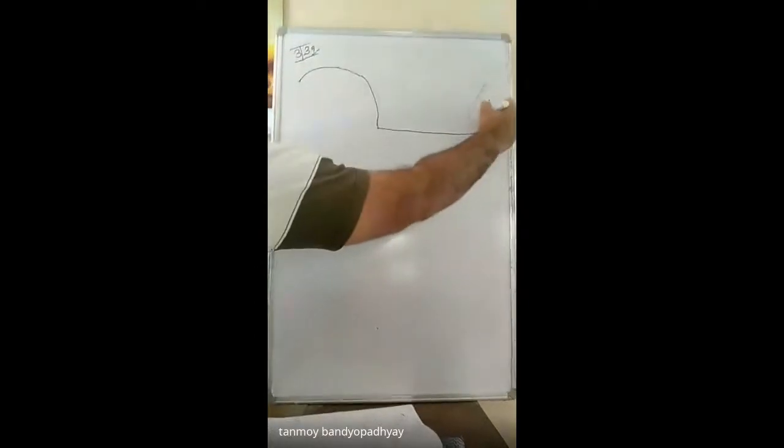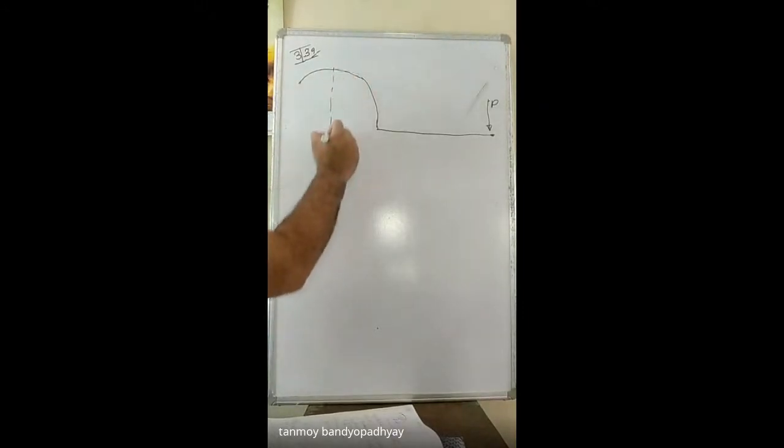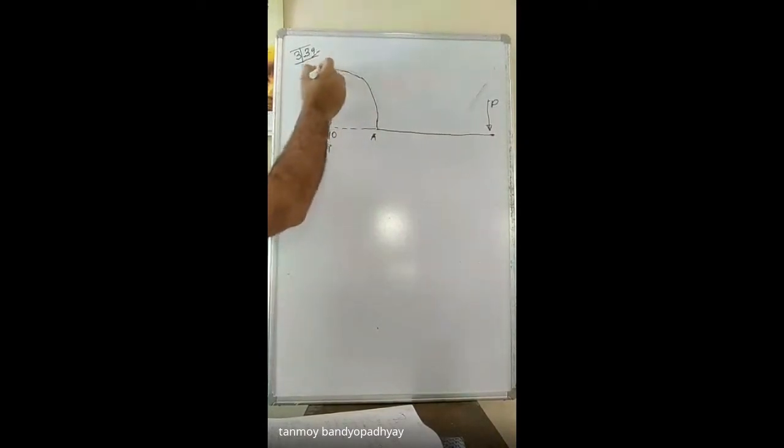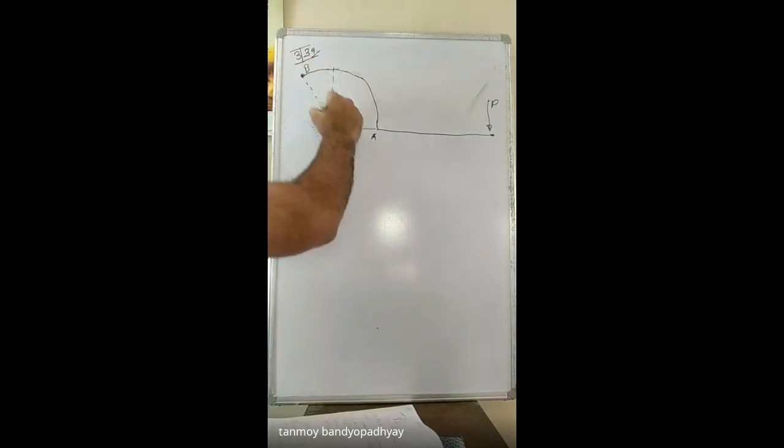So as you can see, there is what is called a hook wrench or a pin spanner. It's just a spanner. There is a point O, a point A, and here a point B. This total angle is 120 degrees, so we can break it down. If this angle is 90 degrees, this will be 30 degrees, I think.